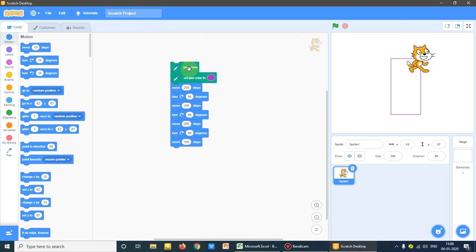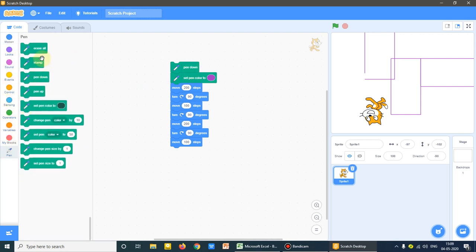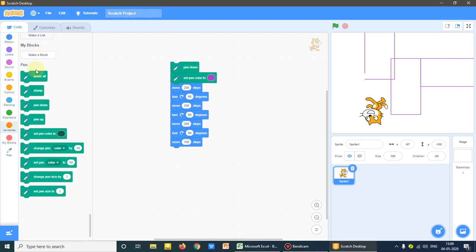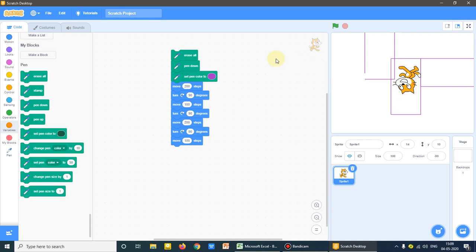You could see, the rectangle has been made. Now in my pen commands there is one, erase all. I can click on erase all here, and then the previous one will be deleted.